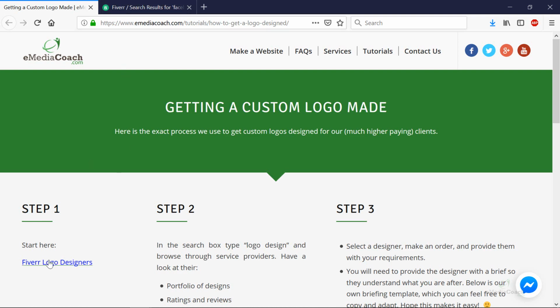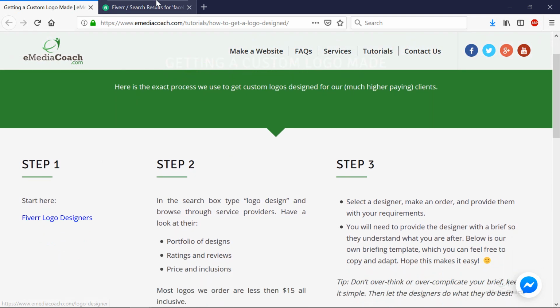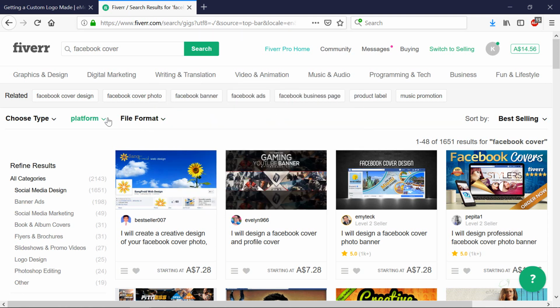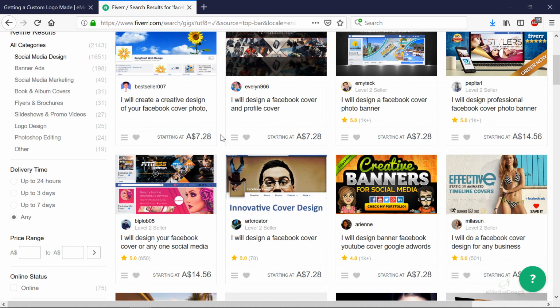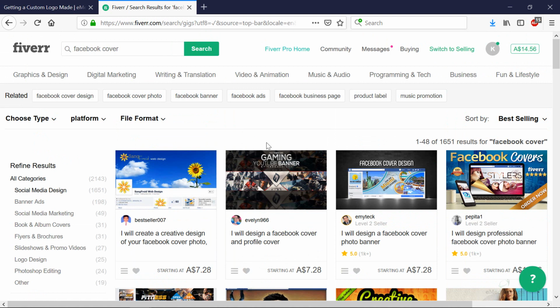If you click on the link in that page, it will take you to a website called Fiverr.com. It is a website that links service providers with people just like you that own businesses. And if you click on that link, it'll take you to this particular page. It will already have searched for Facebook cover, and it will already have sorted by the best-selling sellers on the